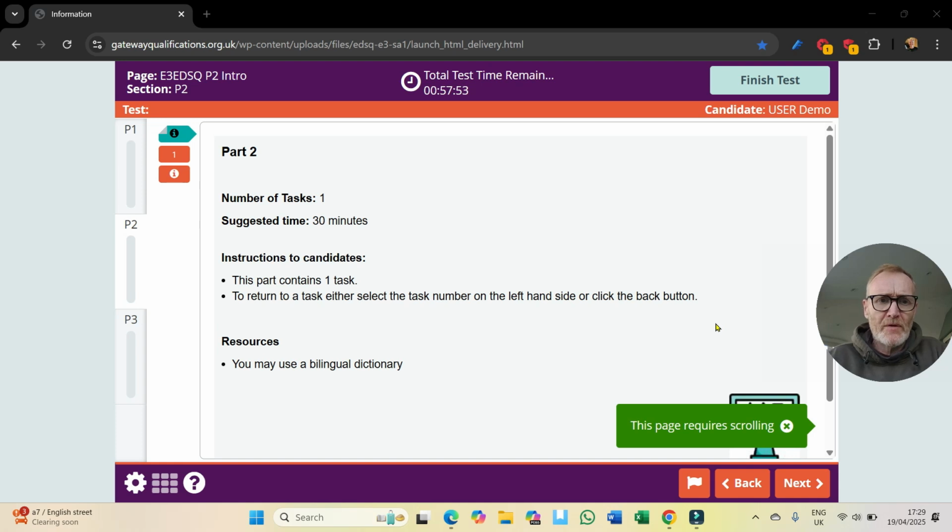So we've now finished part 1 and we are on to part 2. Here we are. Number of task 1, suggested time 30 minutes, which now we know it's a biggie. This part contains one task. To return to the task, either select the task number on the left hand side or click the back button,